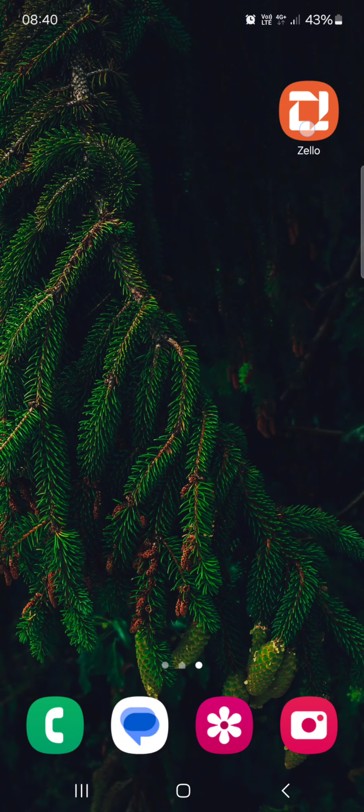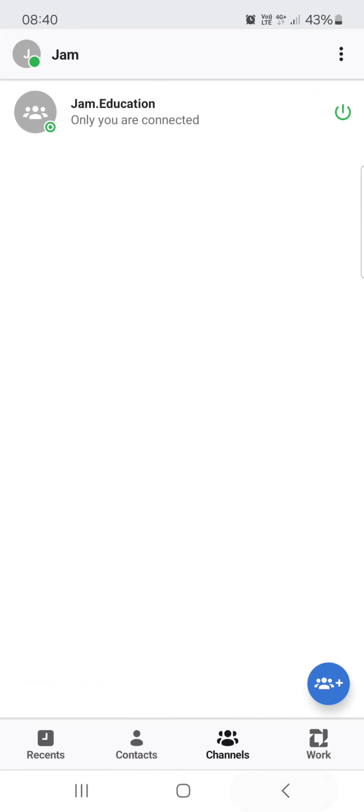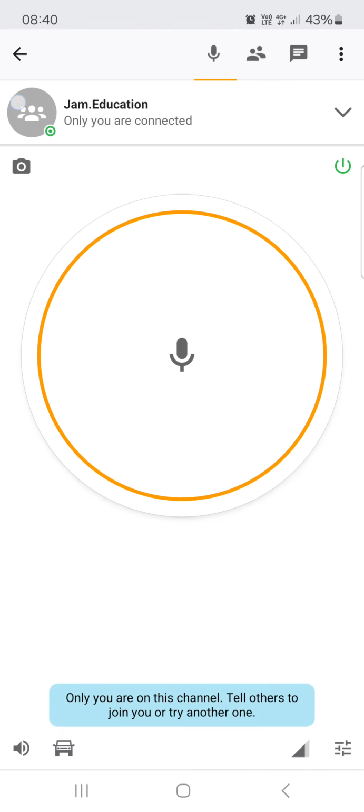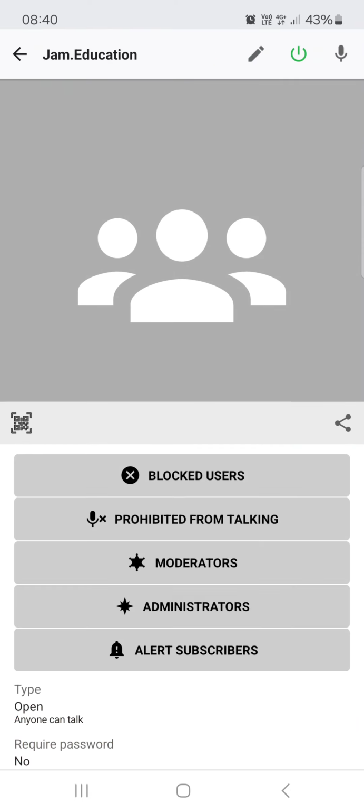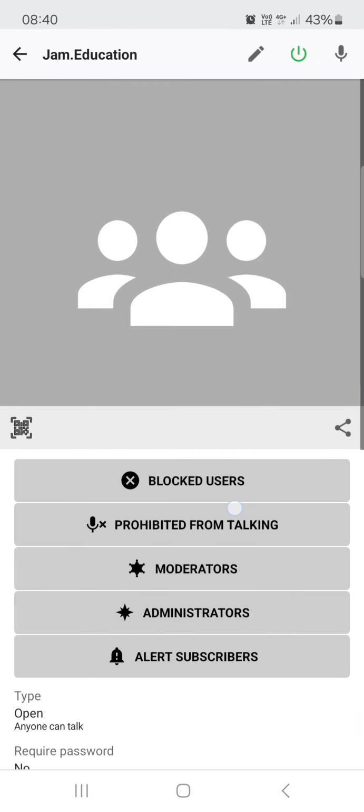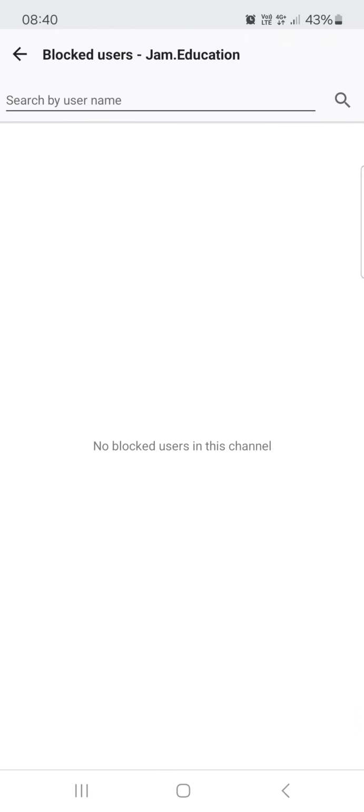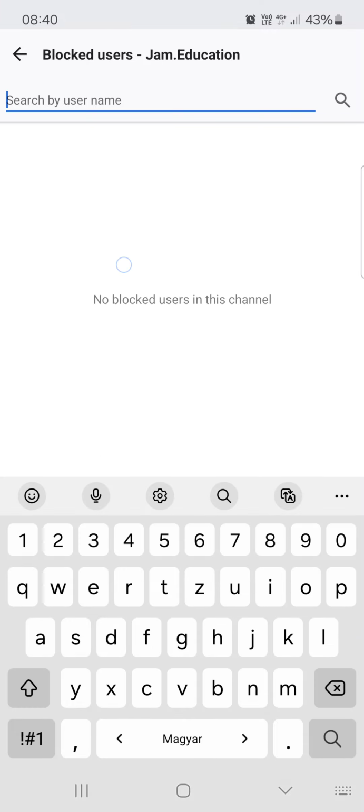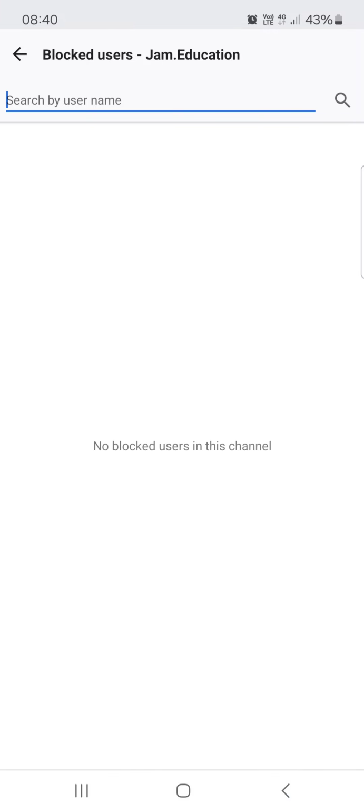Zello app. First you have to open up the Zello app, and here it opens up in the contacts list. From here we just go into channels, then into a channel, then we tap on the icon of the channel, and then at the top we find blocked users. Tap on this, and here we will have the list of the blocked users inside the channel,